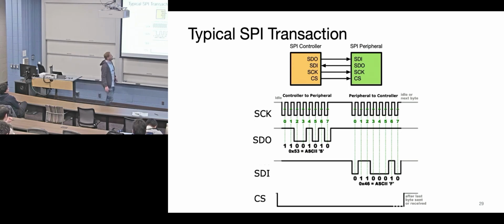This is an example of typical things. So this would be one particular mode, I don't know which, we'd have to look at the diagram, but you're clocking in on the positive edge. The idle case is that the line is high. And then in this case, you've pulled the chip select low to select this chip. The master goes out and sends some data out, and then the receiver sends some data back. And I think that's the other trick: you're only sending clock when you need to. You don't have to send clock the whole time. So it's just another way to save power as well.